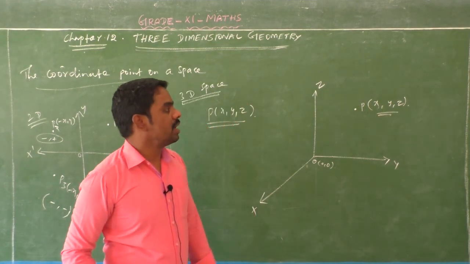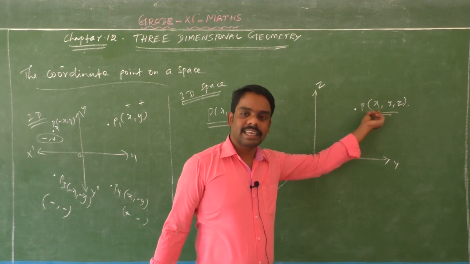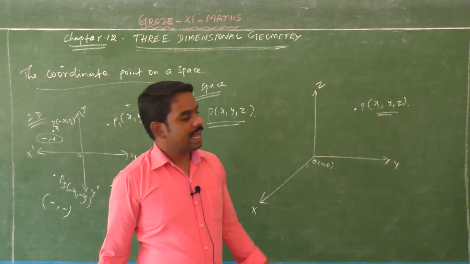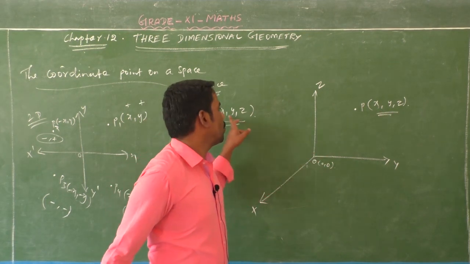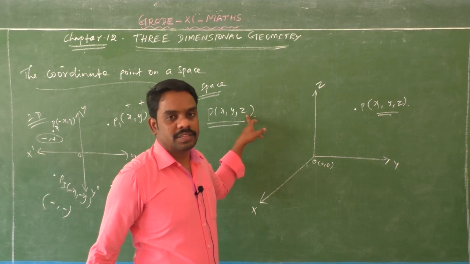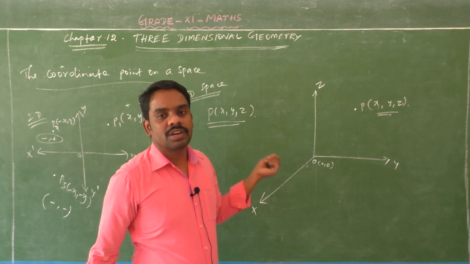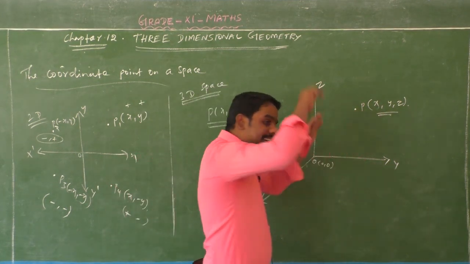So here X coordinate value is X, Y coordinate value is Y, and Z coordinate value is Z. So X, Y, Z are also positive values. Let us take X is positive, Y is positive, and Z also positive. So the X, Y, and Z coordinate values are all positive. So this point in space,